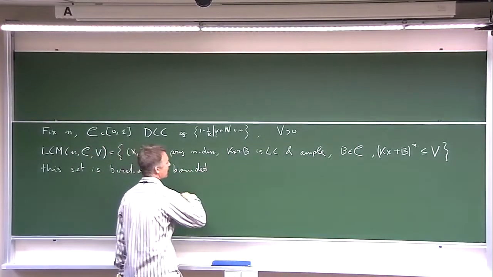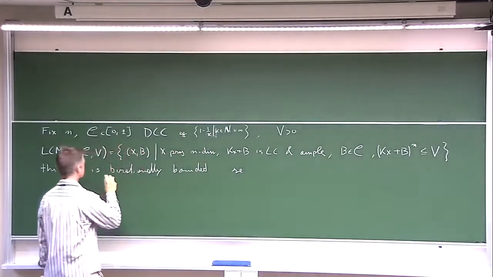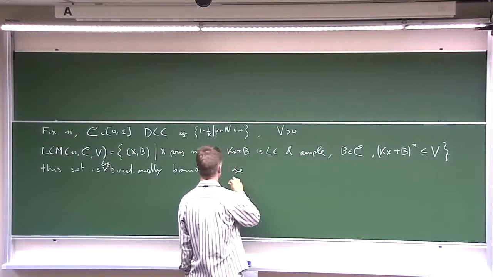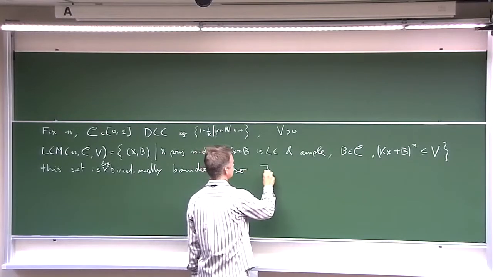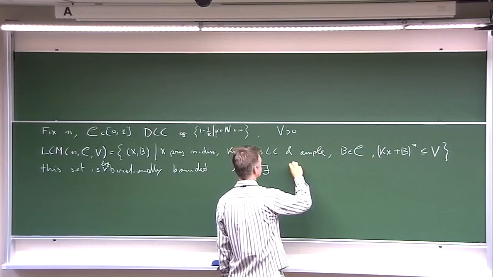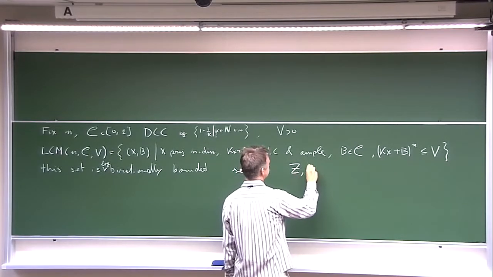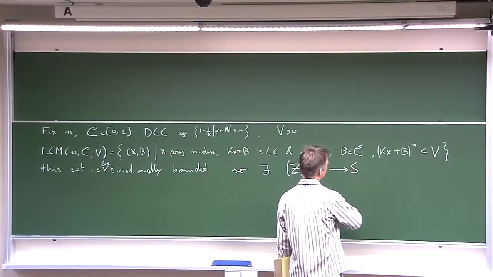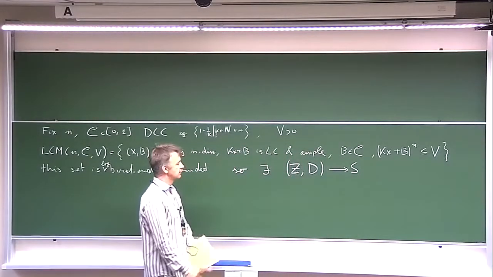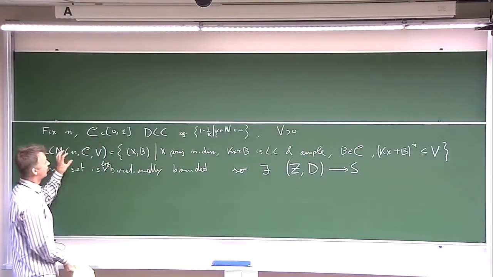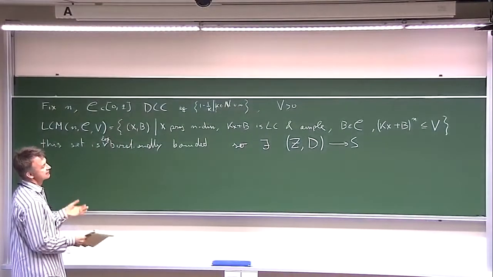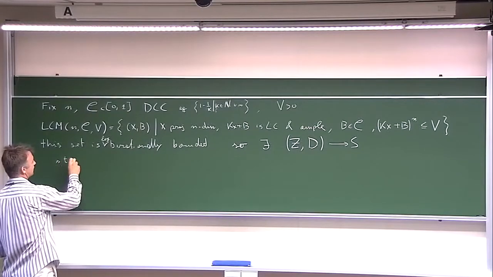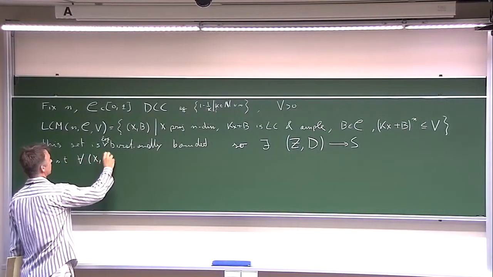So what does it mean that it's birationally bounded? I should put the words log birationally bounded, because that's much stronger than just birationally bounded. So there exists a projective morphism from a pair (Z, D), D, just think of it as being a reduced divisor with coefficients 1, down to a scheme of finite type, such that every log canonical model appears in a certain sense as a fiber of this. So, such that for any one of these log canonical models,